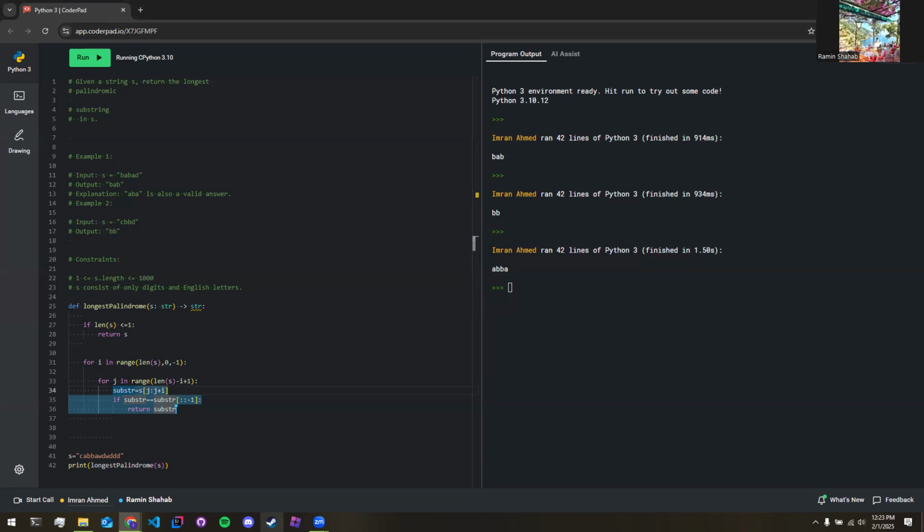I'm trying to think if there's a more efficient way to do this. There probably is. Definitely. Where you don't have to slice, I don't think. I think the better solution was dynamic programming. Okay, you can actually do this in a more efficient way, where you're not slicing as much. And the way that you do that is that you create the expand around